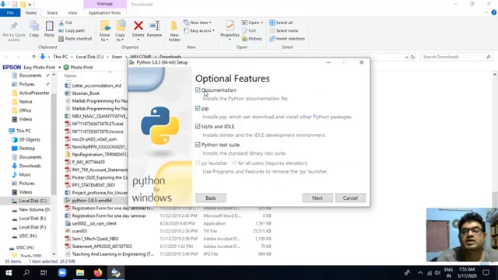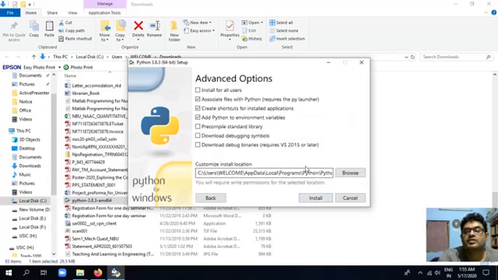Here you can see documentation, pip, tcl/tk and IDLE, and the Python test suite is also present. Here we go for install for all users, associate files with Python, require PyLauncher, create shortcuts for installed applications, add Python to environment variables and precompile standard library. We don't have to take the last two.